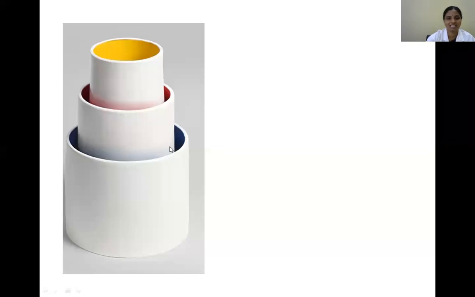All of you see this picture. What is the picture indicating here? Here, three flower pots are placed one within the other. Here you see three different sizes of flower pots arranged one within the other. In the same manner, we can see a structure we are now going to discuss, that is the pharynx.